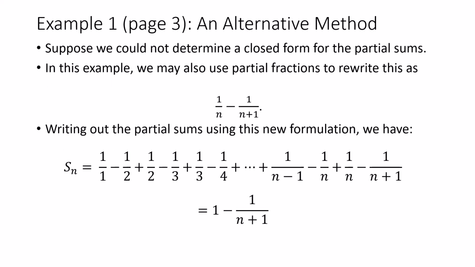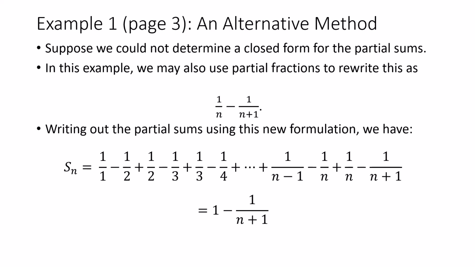Now, there is an alternative method. Suppose we could not determine a closed form for the partial sums. Maybe it was too difficult, maybe we couldn't see it, something along those lines. In this example, we may also use partial fractions to rewrite our terms as 1 over n minus 1 over n plus 1. So writing out the partial sums using this new formulation, we have partial sums that look like